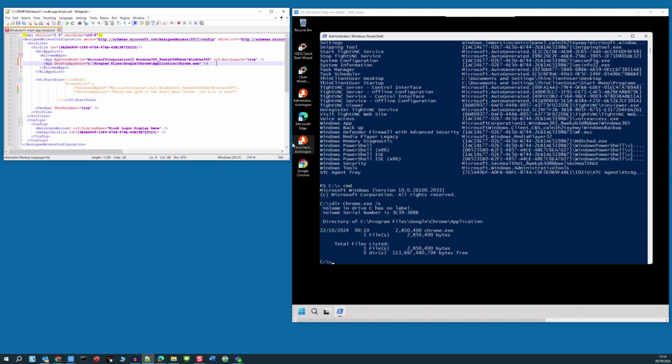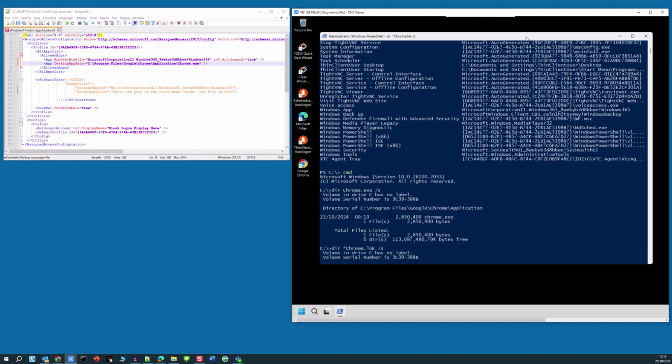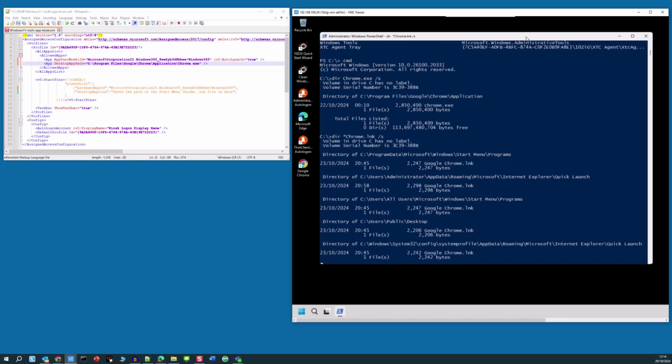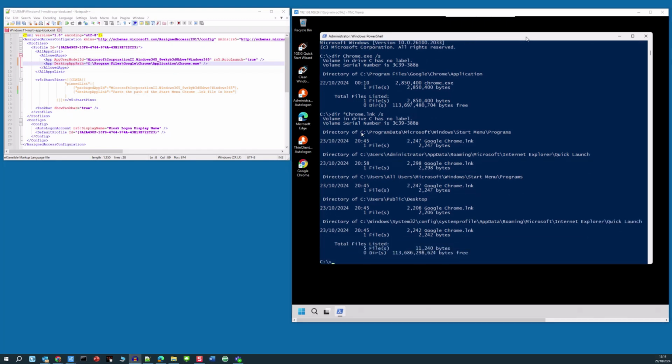Now to find the location of the Chrome LNK file, we're going to run a similar dir command. We type in dir star or asterisk chrome.lnk /s again and press enter. Now you'll see several locations for this link file. The one we're going to use is the first one in the list. So we highlight and copy the location